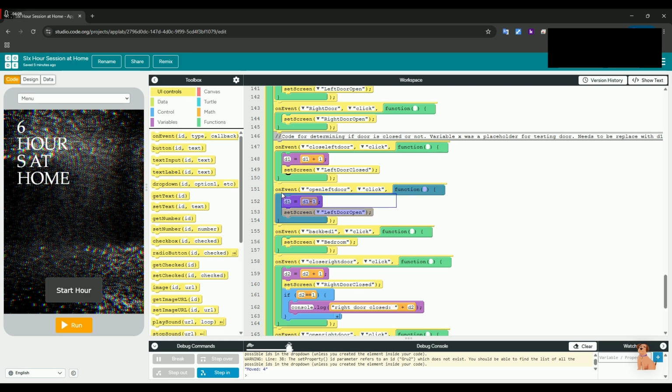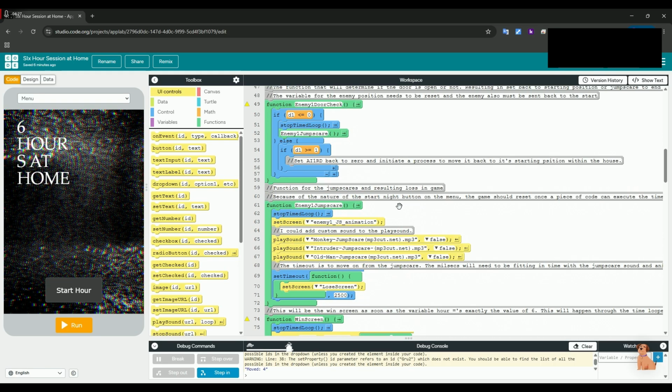However, once you open the door again, it will remove that 1 and set it back to 0. And if the enemy AI checks for that variable and it is 0, then it will proceed to